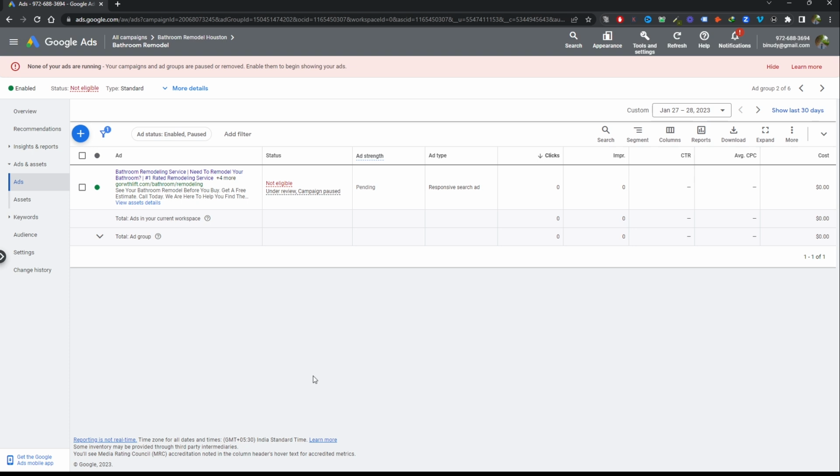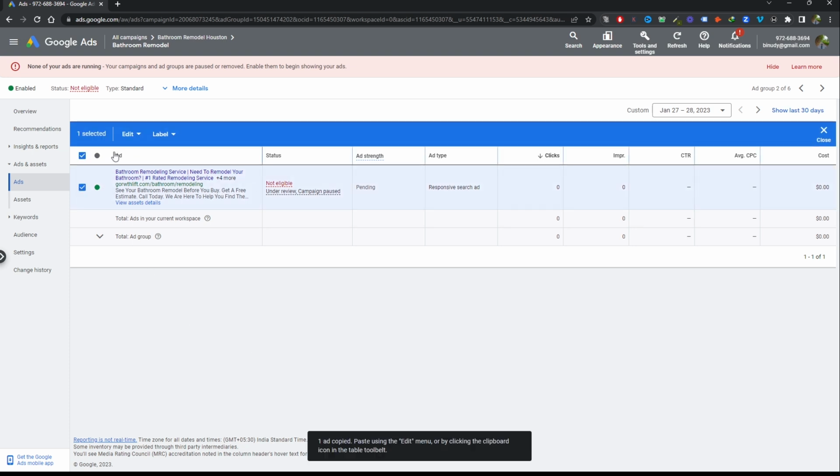The reason we want to build 2 ads per ad group is because we want to split test those ads, to really see which one is working better. So always start with 2 ads, and for the ad copy, you can copy this ad